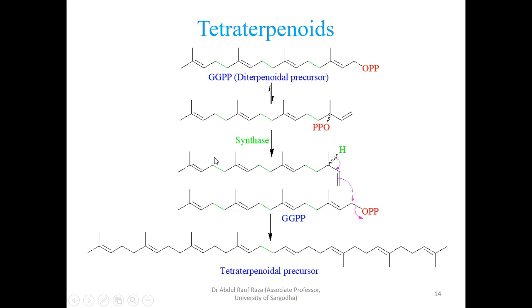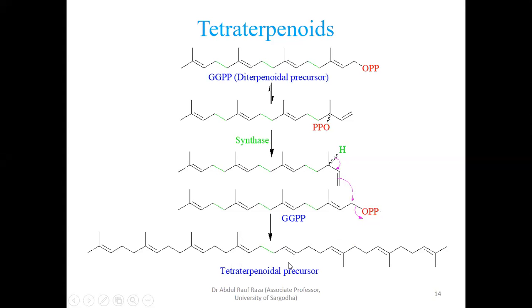Now look at here. This is what is being presented. 1, 2, 3, 4 methyl groups. 1, 2, 3, 4 methyl groups. They are presented following a CH2 CH2. This is one CH2 and afterward, if you see, you will get a double bond here. So double bond, CH2. This is the double bond CH2. Then the new bond is forming between this carbon and that carbon. This carbon is this carbon. Now this carbon is this carbon. So a new bond has been formed here. Again, this is a double bond, double bond.